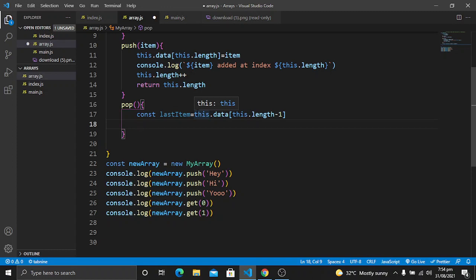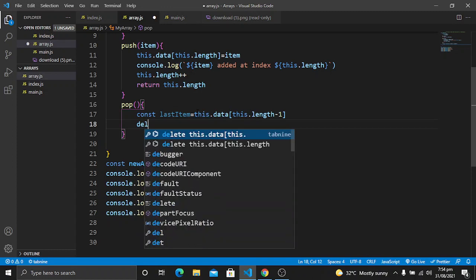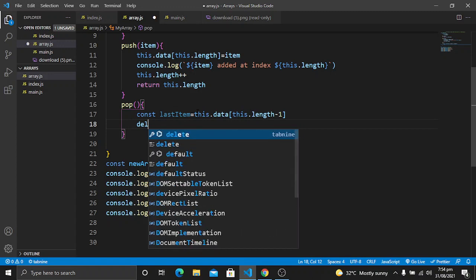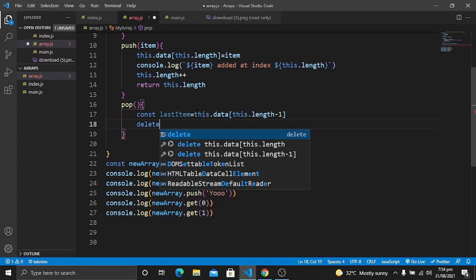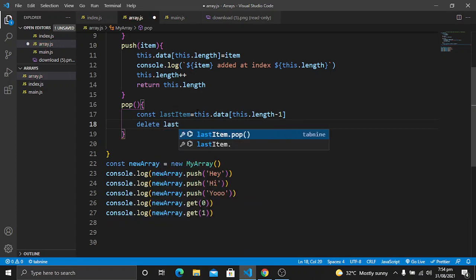So now what I want to do is remove this. So let's use the delete method and let's remove the last item. By using the delete method we can remove the last item.